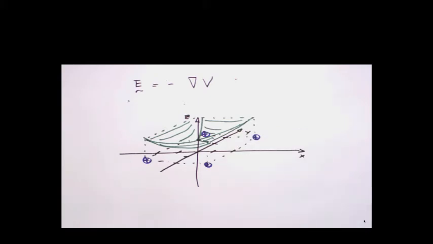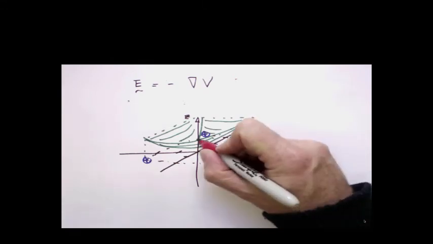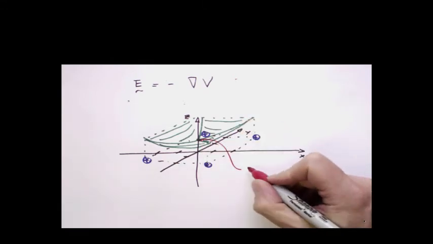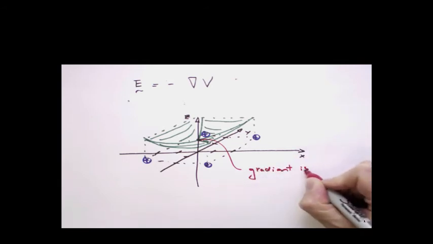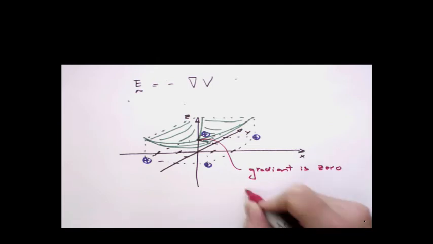So this is the nadir of this point where the gradient is 0. Gradient is 0 is the nadir